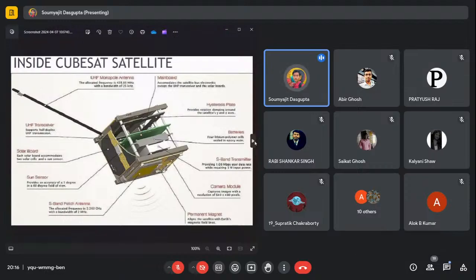So next comes the hysteresis plate. It provides the rotation damping around the satellite. Okay. So